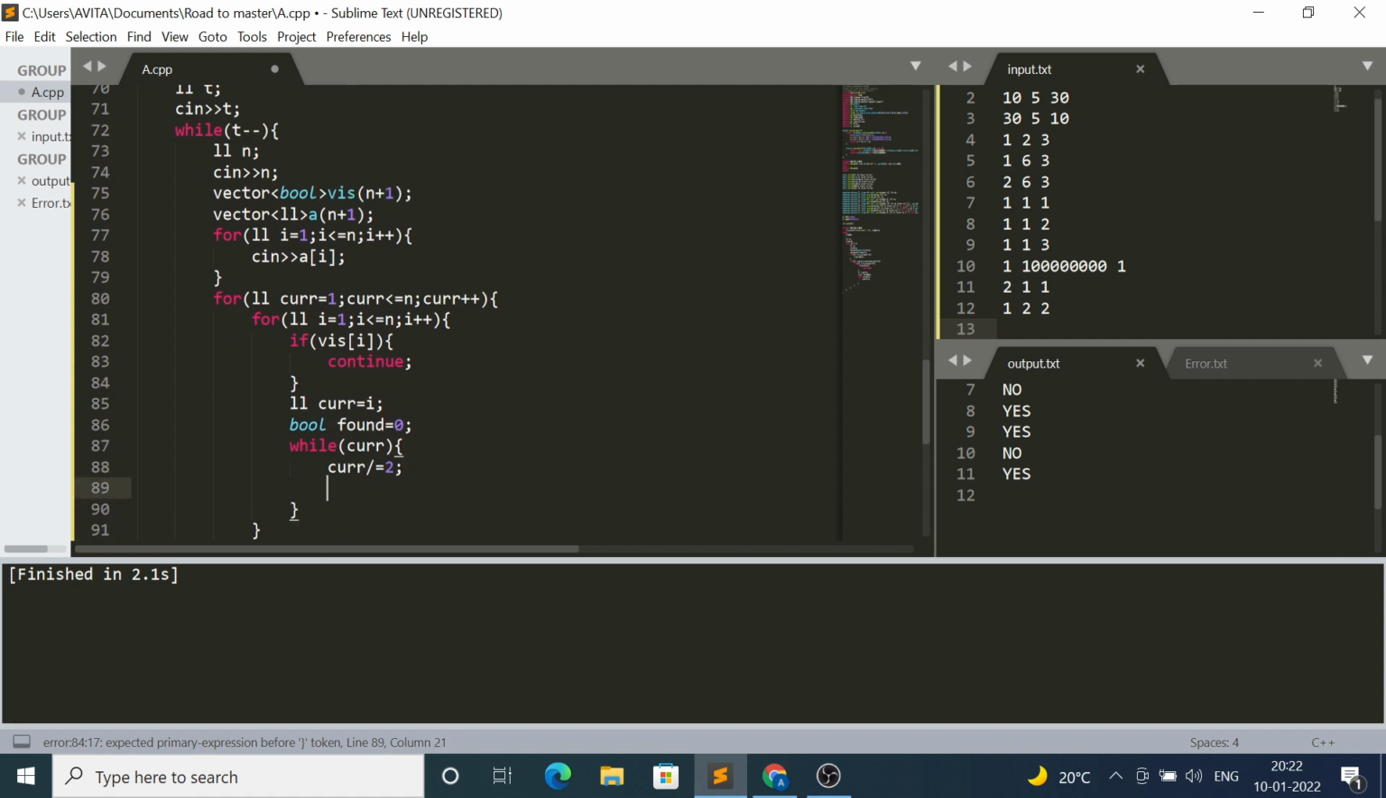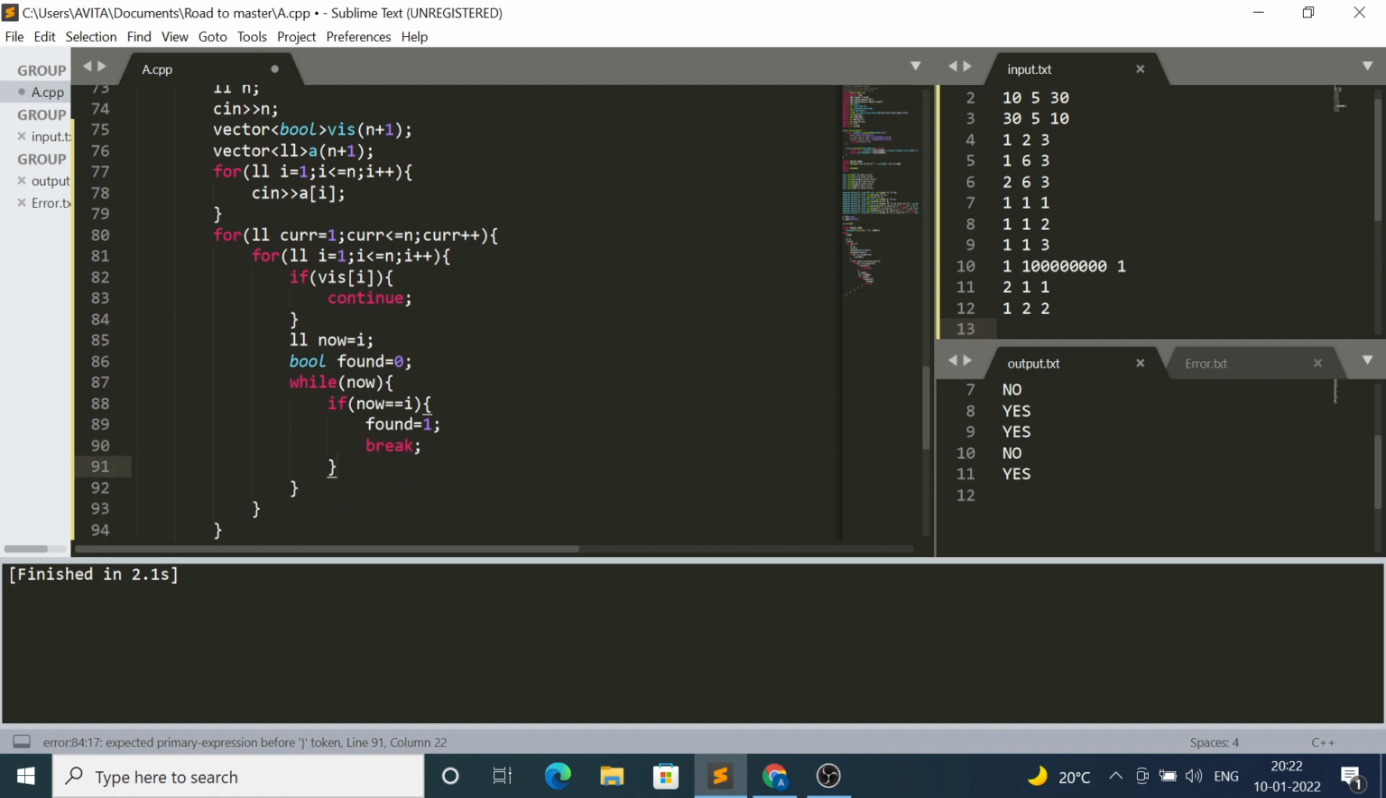Plus equals to 2. Okay, if current equal to I, found equal to 1. Okay, so if current equal to, okay, no, this should be current now equal to I, found equal to 1. Okay, cool. And now divide equals to 2 or right shift. If found